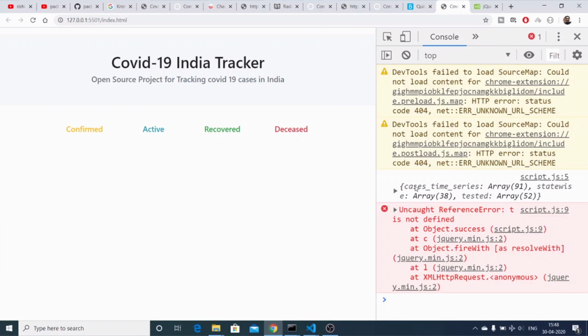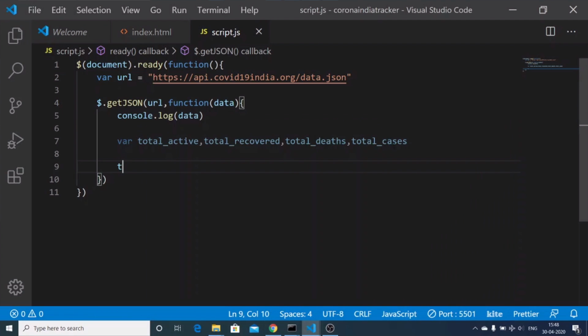Let me just see if it is, yes, total confirmed, I think, yes. Let me just change this to total confirmed, like this.